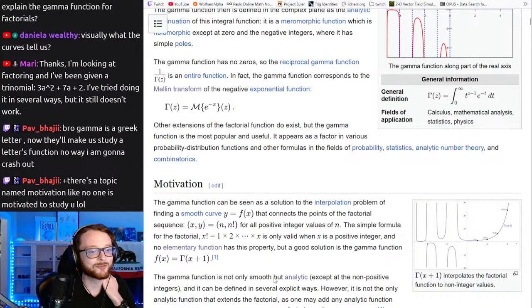Known as motivated study. No, the gamma function has some uses. I can't remember where, but